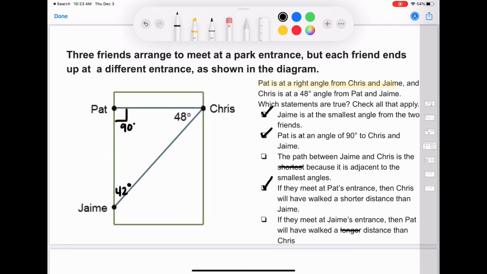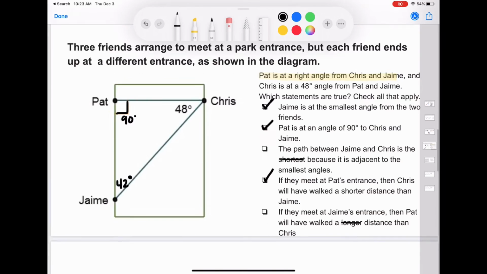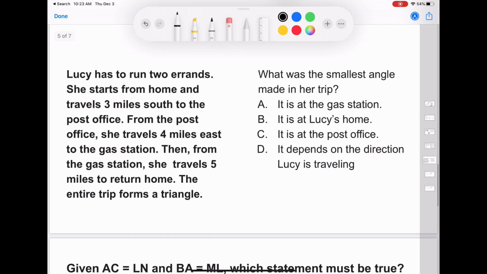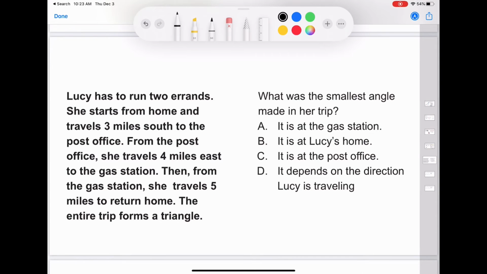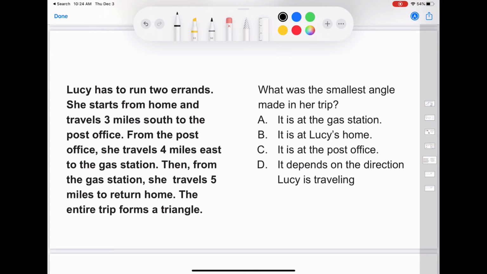Let's go ahead and move on to the next problem. This problem states, Lucy has to run 2 errands. She starts from the house and travels 3 miles south to the post office. From the post office, she travels 4 miles east to the gas station. Then from the gas station, she travels 5 miles to return home. The entire trip forms a triangle. Well, let's go ahead and create a triangle that represents this. The way that we would do this is we would indicate north, south,